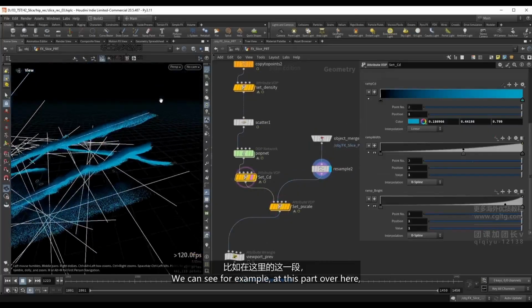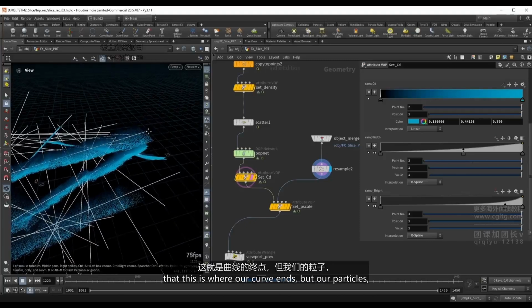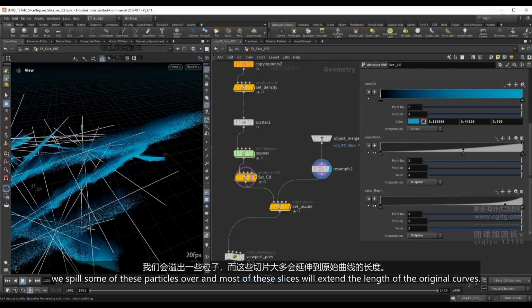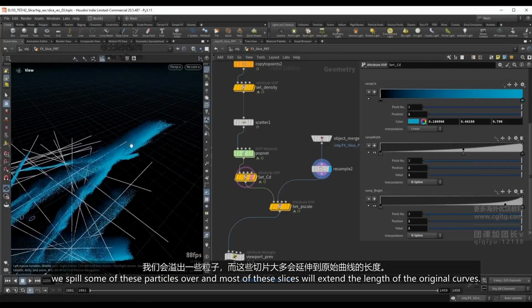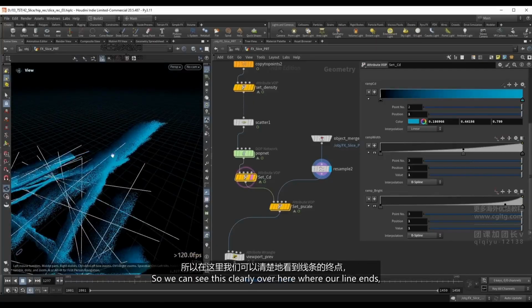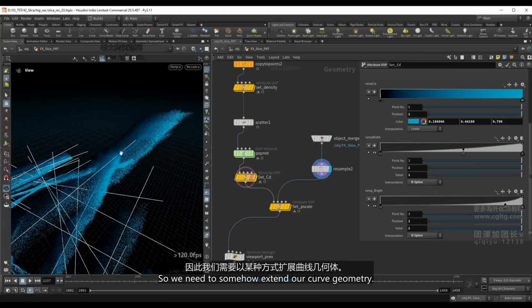We can see, for example, at this part over here, that this is where our curve ends, but our particles, because of the velocity inheritance and inertia, spill over, and most of these slices will extend past the length of the original curves. So we can see this clearly over here where our curve ends, and where our slice particles end. So we need to somehow extend our curve geometry